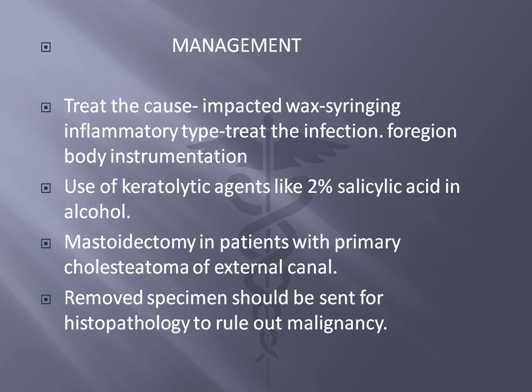Well, we have to go for a surgery like mastoidectomy in patients with the primary cholesteatoma of the external canal, because it has eroded the bony wall of the canal. So we have to go with mastoidectomy surgery, and well, removed specimens should be sent for the histopathology to rule out the